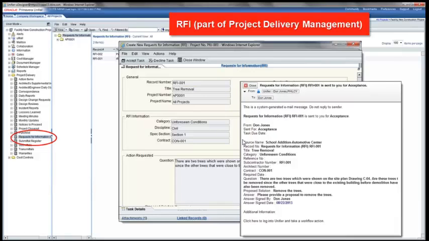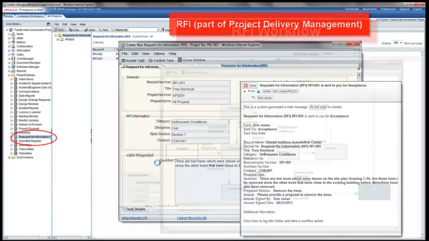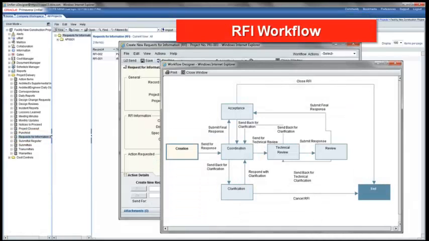Built into the workflows is the ability to send email notifications. So I don't even have to go into Unifier to get the details of something that was just submitted. I've got it right here in an email, and you'll see in a subsequent slide how I can actually interact with that workflow through email, not even having to go into Unifier.